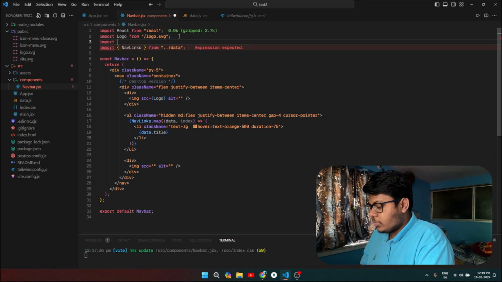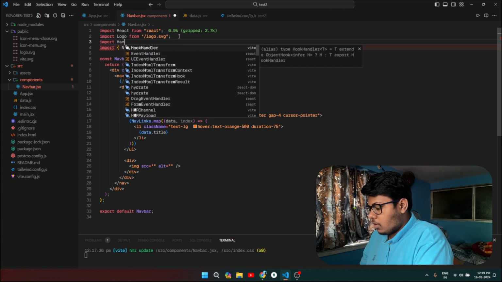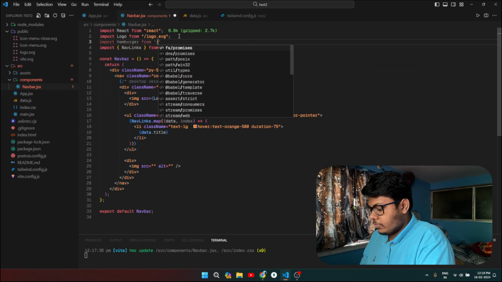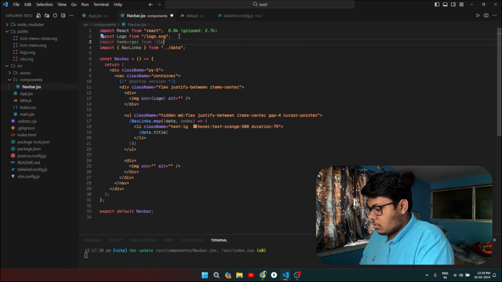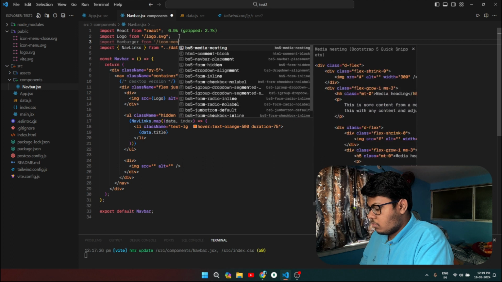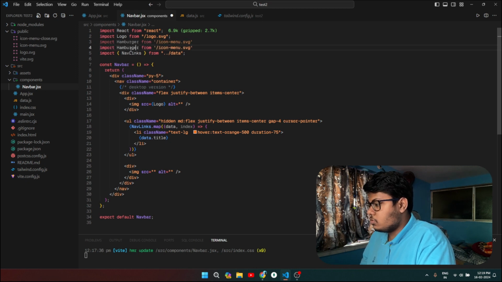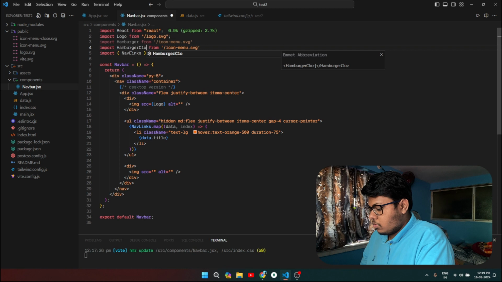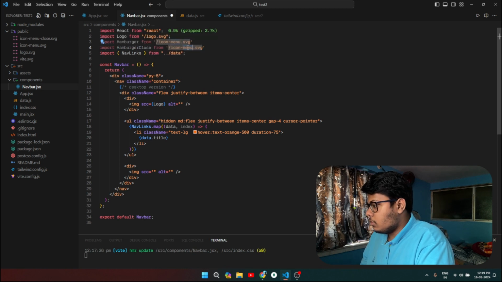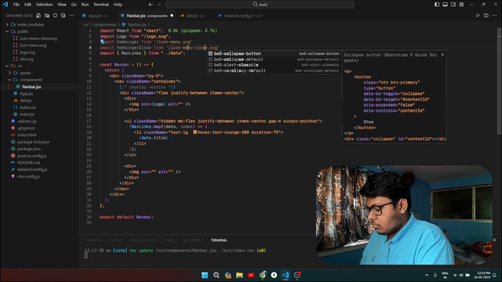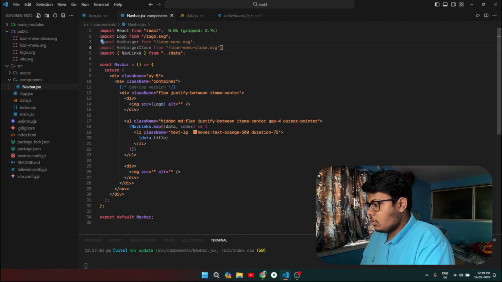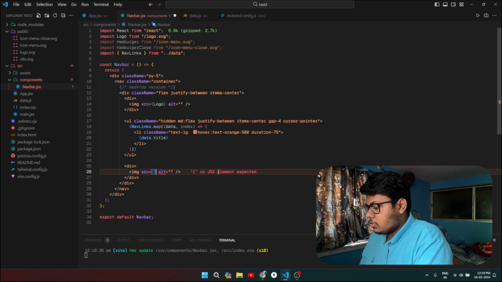So to import that, simply write import hamburger from /icon menu .svg. Now I have imported the hamburger icon, and let me also import the closing button. So hamburger close, and let me change the name. It will be menu close. Alright guys. Now if I come back to this div and just simply type here hamburger